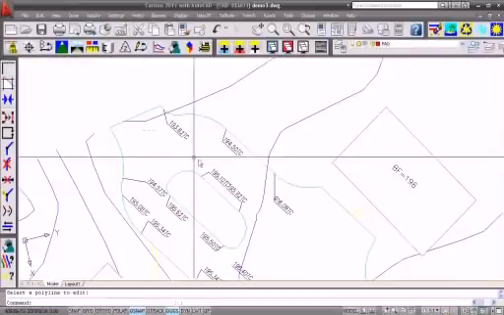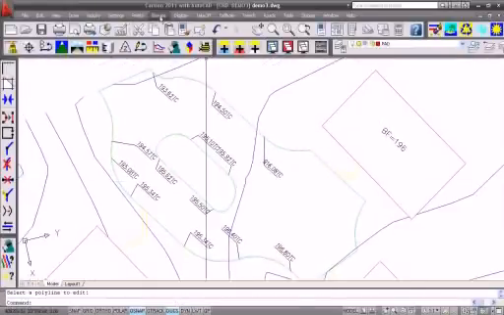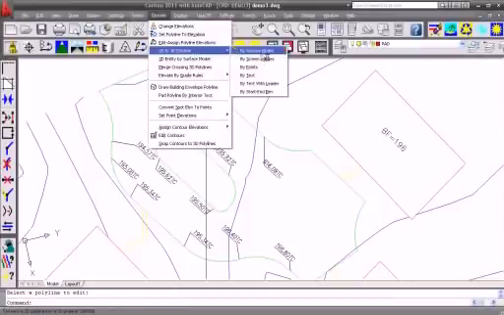We also want to use these labels on here. In older versions of the software, if I were to run by text with leader now, it would override our elevations that we just set by the contour line. What's new with 2011 is that this will add the elevations to that existing line, and they'll be locked in like the other command. They'll be control points. So by text with leader,